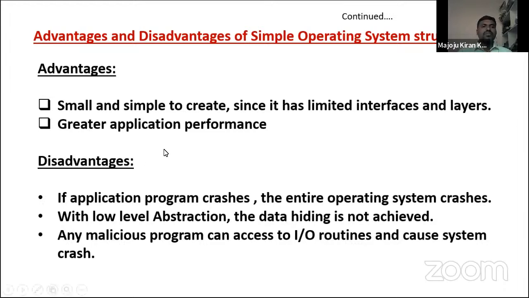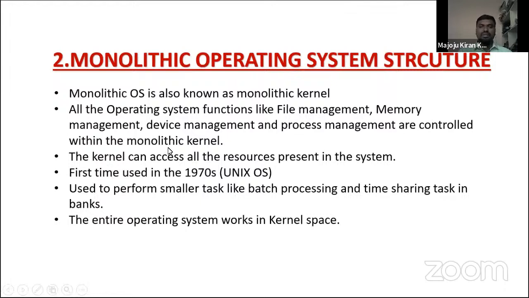Okay, so let us move on to the second type of operating system structure, that is monolithic. The monolithic operating system is also known as monolithic kernel. The monolithic kernel is the component which combines all these functions together. It combines all the functions like file management, memory management, device management, and process management into this